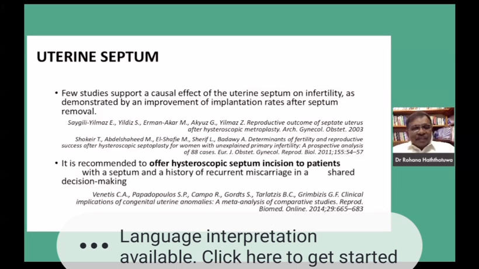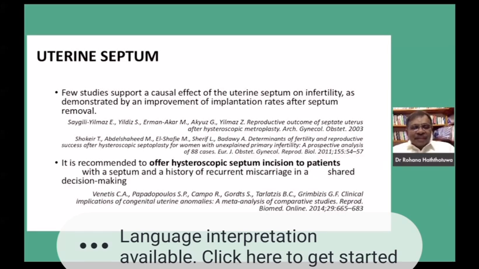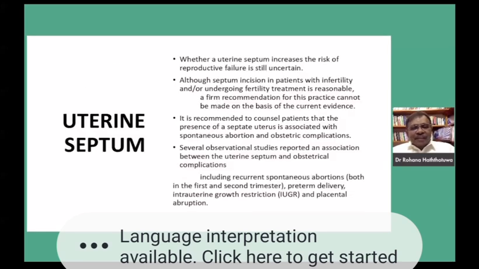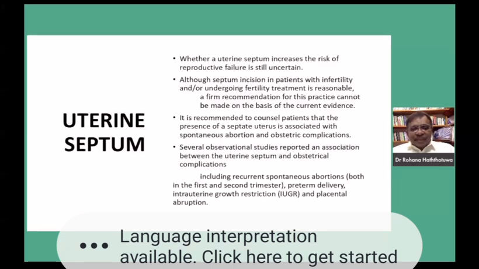In the uterine septum, there are a few studies supporting the causal effect of uterine septum on infertility, as demonstrated by improvement once it is removed. Several observational studies have reported the association between uterine septum and obstetric complications, including recurrent spontaneous abortions, preterm delivery, intrauterine growth retardation, and so on. It is recommended to counsel the patient that the presence of a septate uterus is associated with spontaneous abortion and